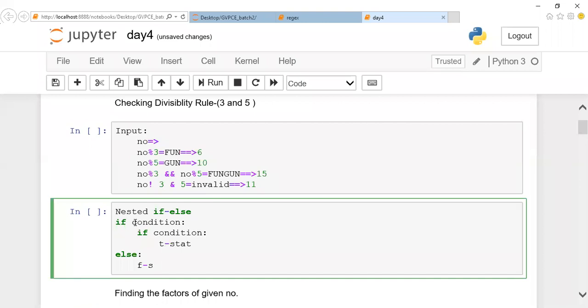You're going to accept only one number. The number might be divisible by 3 or 5, or both, or not by either. Guys, here it can be anything: a simple if, or if else, or nested. Inside if, it can be a simple if, or if else, or if else ladder. Whatever you're comfortable with, you can place it in. Whatever occurs, all those things come under nested if else only. Come on, do it faster.